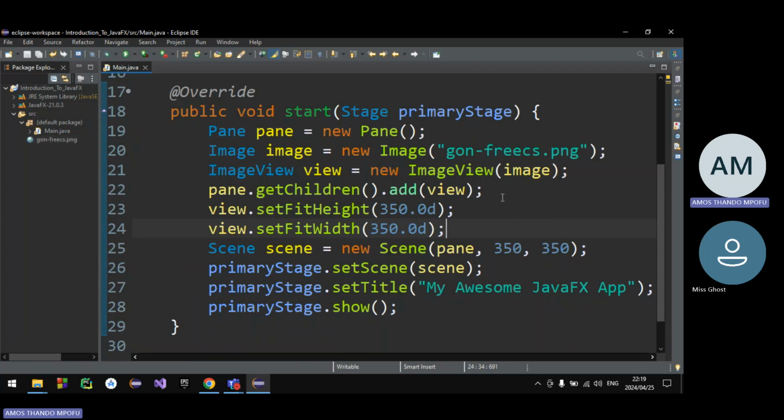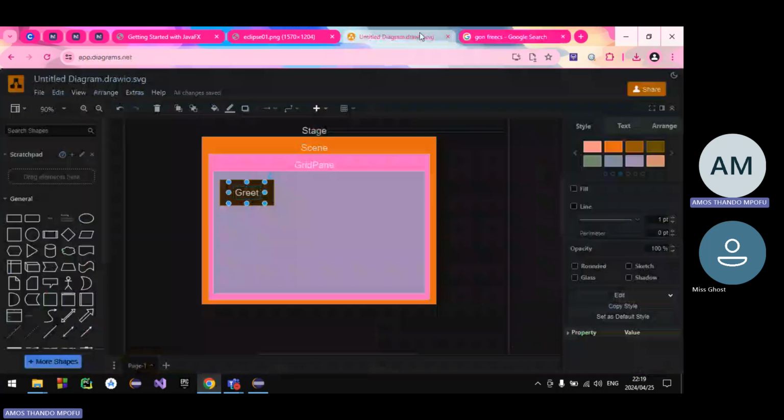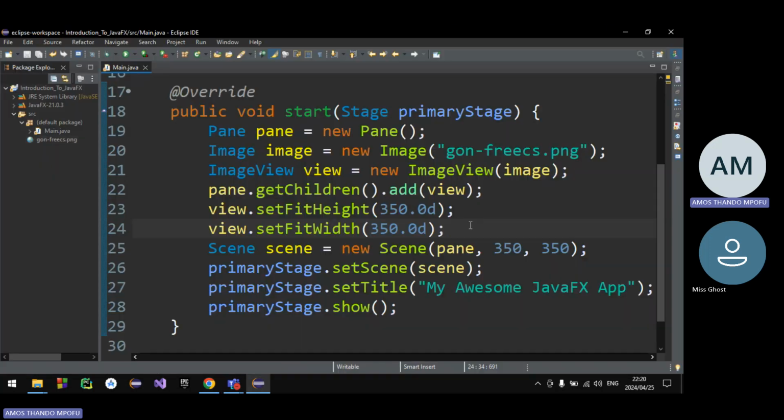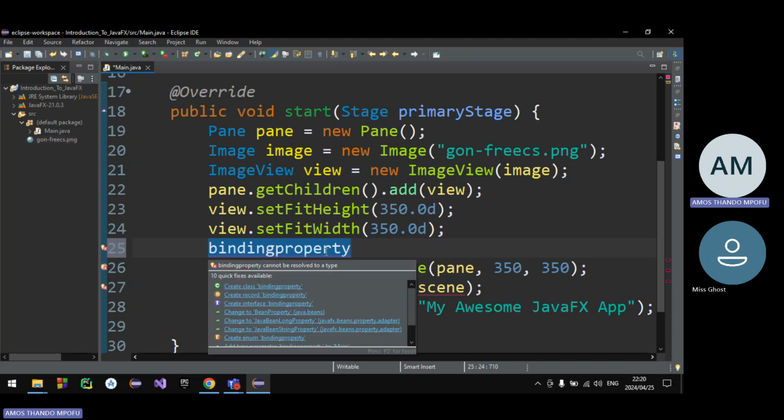Konjo, which one exactly do I need to fix? I think it's the pane. No, it's not the pane. Yeah, it's the pane. It needs to match with the scene. So I'm going to do what we call a binding property. Let me see if it's going to work, if I still remember. Binding property. It's going to bind